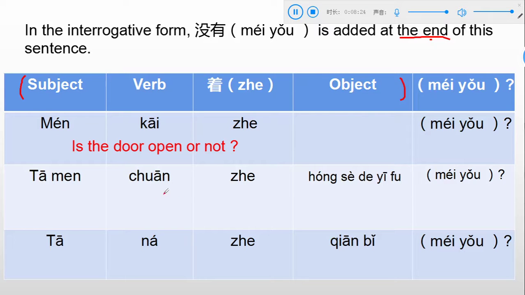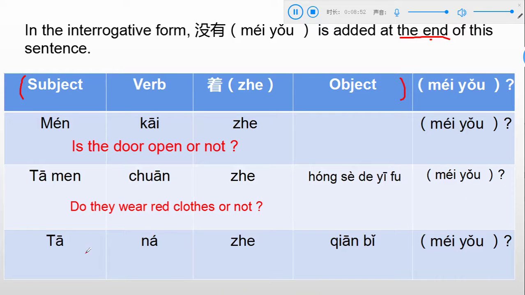Okay, example 2. 他们穿着红色的衣服，意思是 they wear red clothes. And then with 没有 at the end, the meaning has changed into do they wear red clothes or not? 跟我读，他们穿着红色的衣服没有？